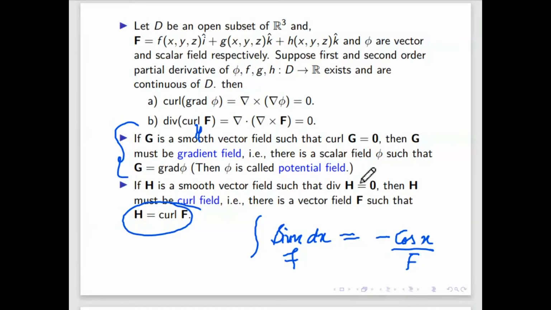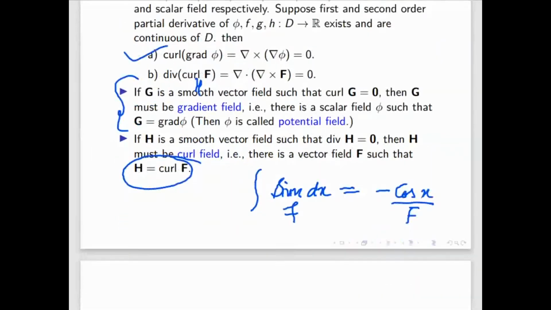So today's class we define mainly three things. One is gradient, one is divergence. The gradient we have already seen, and curl. And there is a relation, curl of grad phi equal to 0 and divergence of curl F equal to 0. Based on this, two more definitions came. One is potential field, one is curl field. So how to check any field is potential field or not, that we will see in the next class. And how to check any field is the curl field also, that also we will see in the next class. So if any field is given, you find the curl and its divergence is 0, then you will say it is. So now I will just simplify this in terms of arbitrary, the part 1.